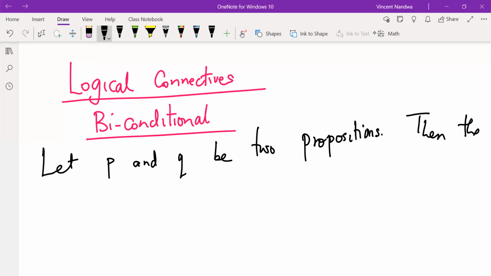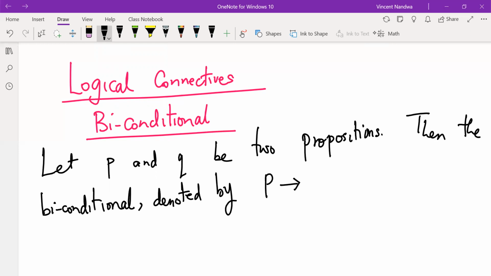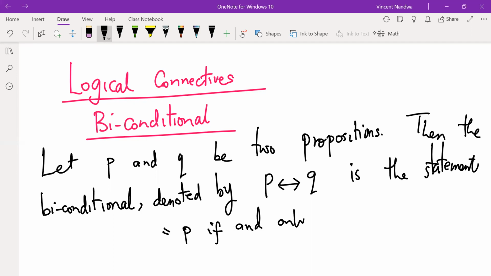Then the biconditional, denoted by, is a statement P if and only if Q, or you can say is a statement